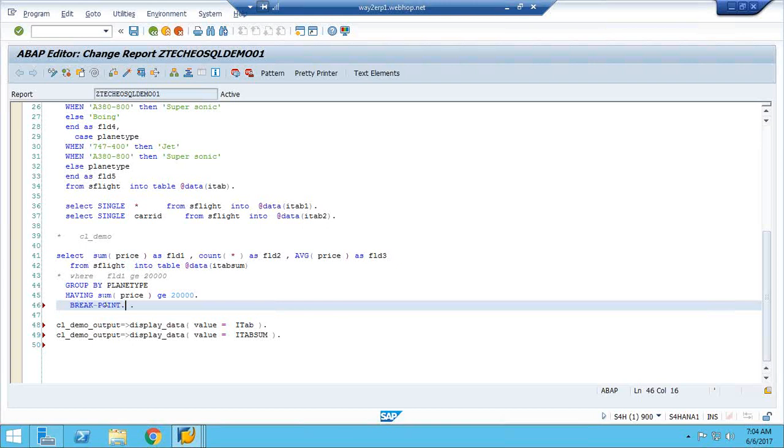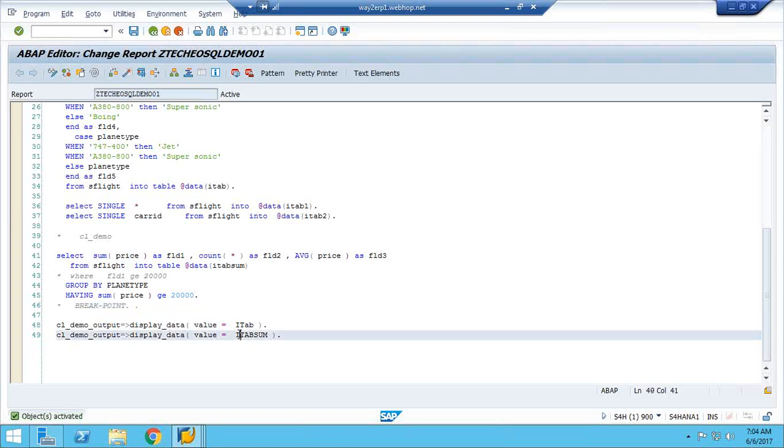Any internal table you can pass directly as an ALV pop-up. One after another, whenever it triggers, it will show as a pop-up output.